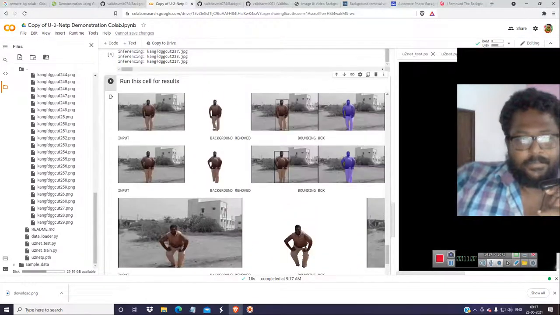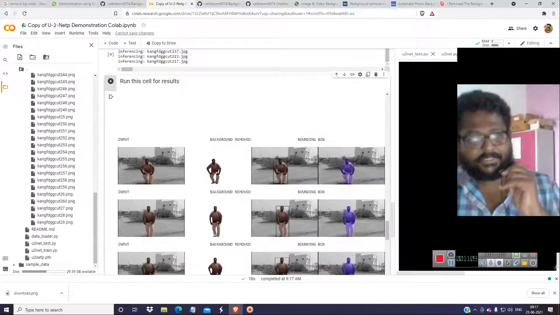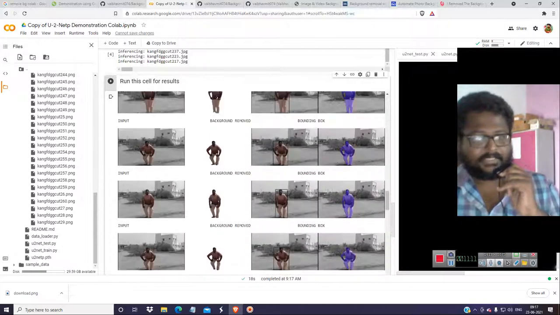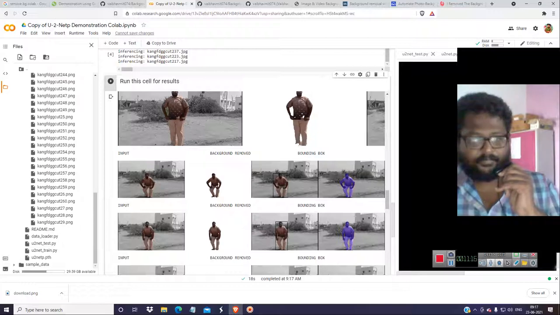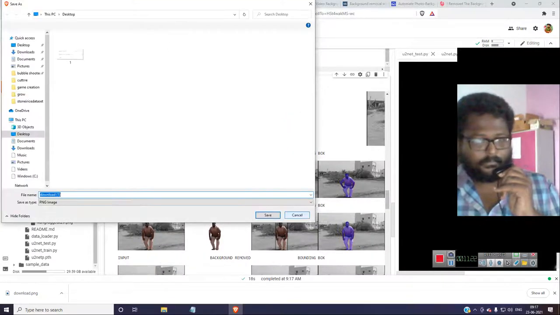Okay, so this would be a very good sprite sheet. This would be a very good sprite sheet. So let's save these images and see. So let's first check these images, download that thing. So not this one.